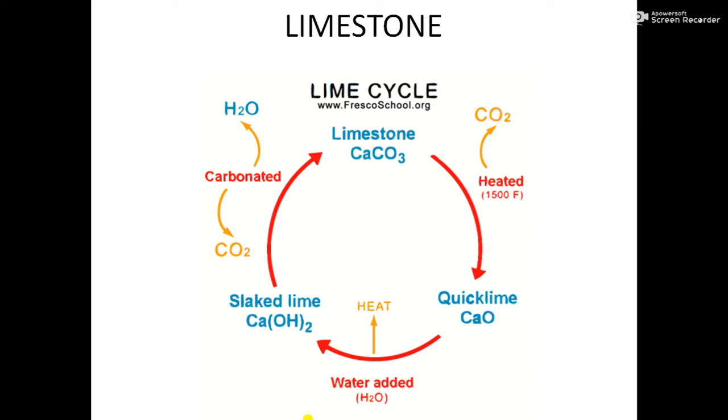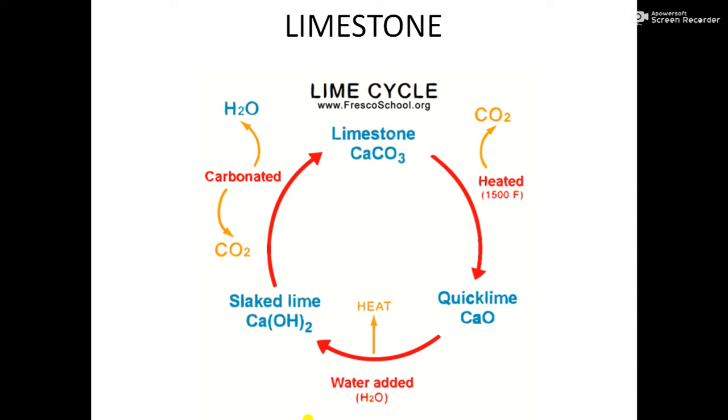Now students, we have to learn what is limestone, because we have learned slaked lime, lime water, lime. How is limestone manufactured? Look at the cycle. We can start with quicklime, the formula is CaO, calcium oxide. When water is added to calcium oxide, heat is released and we get a new substance, calcium hydroxide. And you know calcium hydroxide is a base. You have learned that slaked lime is a base.